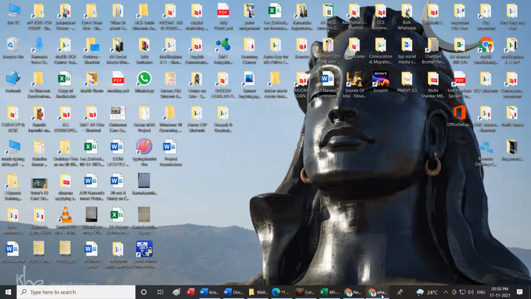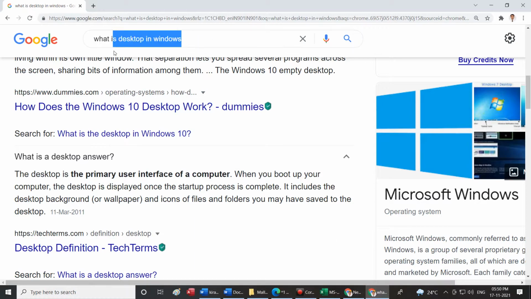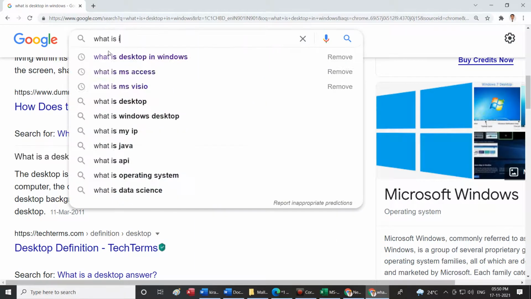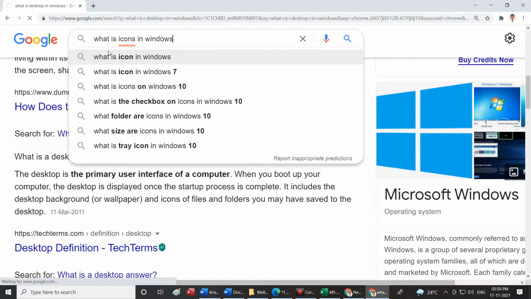So you can write down: what are icons in Windows?